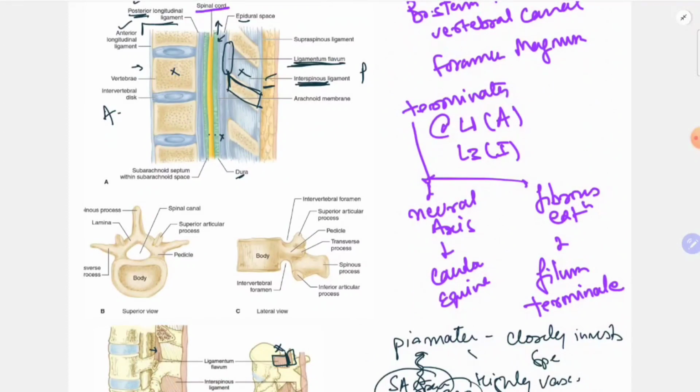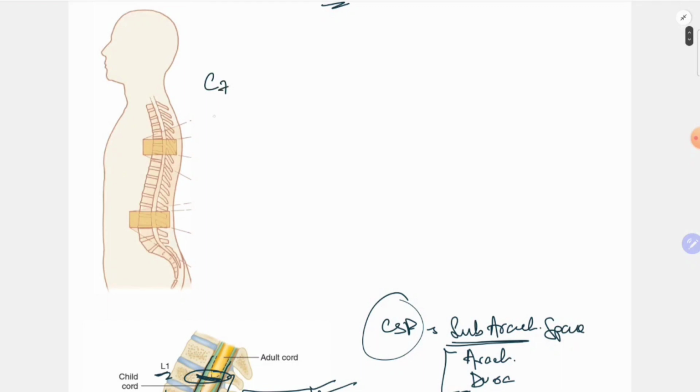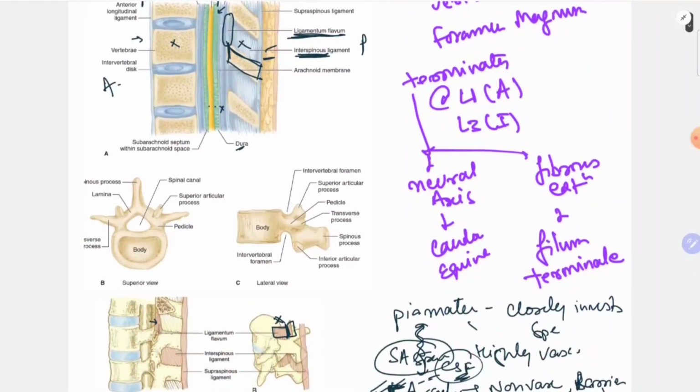We know that the vertebral column has 33 vertebrae in all, and we have 7 cervical, 12 thoracic, 5 lumbar. We have 1 sacrum, which is actually fused of 5 sacral vertebrae, and then we have a coccyx. Okay, so each vertebra can be divided into 2 parts, the anterior elements and the posterior elements. The vertebral body makes the anterior element, and the rest of it, the spinous process, the transverse process, the lamina, the